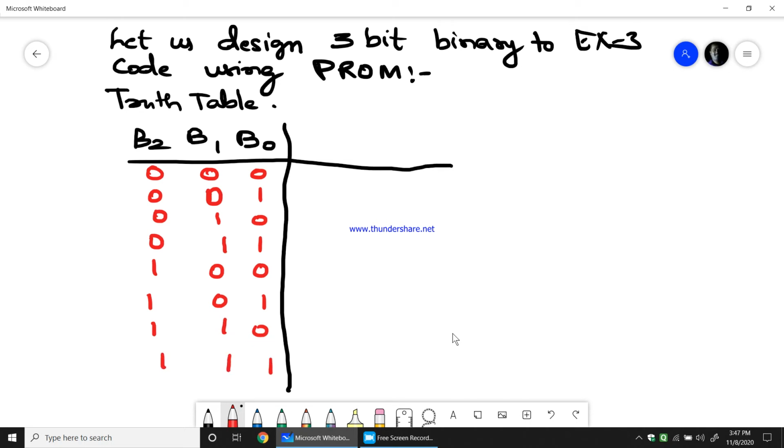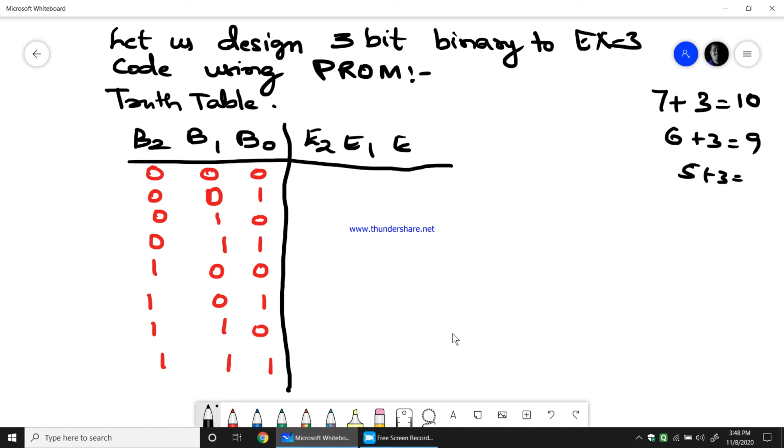Now I need the XS3 code, so I'll say E3, E2, E1, E0. XS3 code is adding 3 to every binary value. So when I say 7 plus 3 equals 10, 6 plus 3 equals 9, 5 plus 3 equals 8.